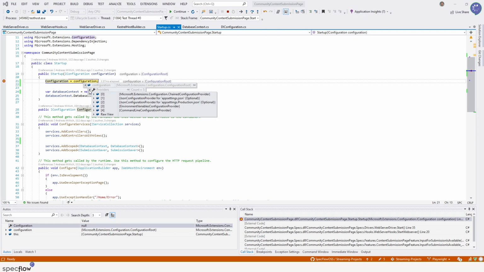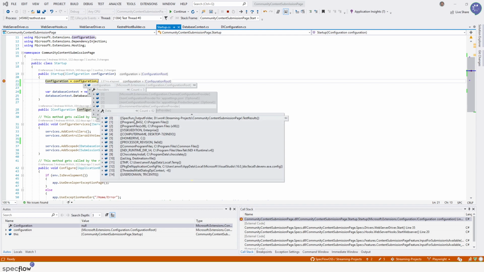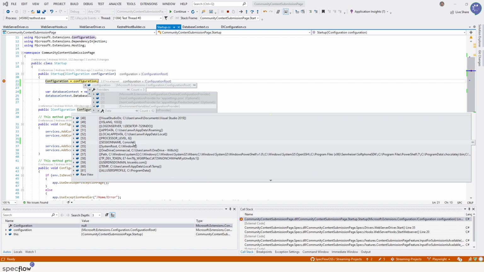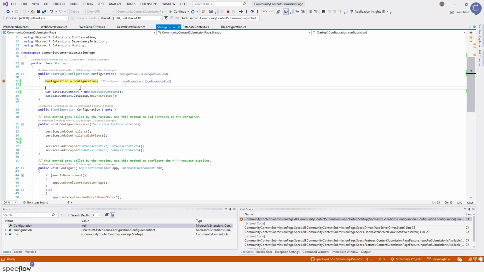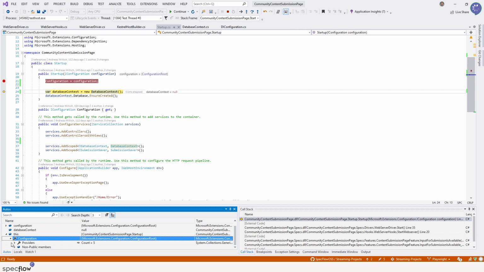We have different configurations. Environment variables. We don't have anything here. And we have only